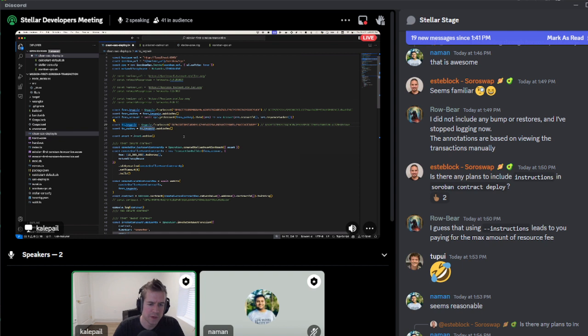And then I've got a to key pair and a to public key. Essentially what we're going to be doing is taking the native XLM token, wrapping it, and then we're going to submit another transaction which actually sends some XLM from the from account to the to account. I've got my asset here. I'm just going to do asset native, but you could just as easily use another asset,